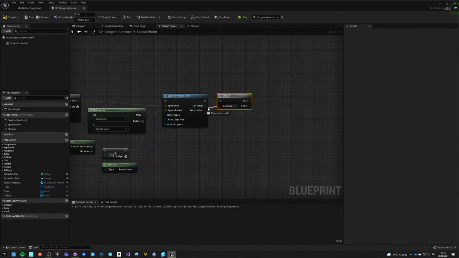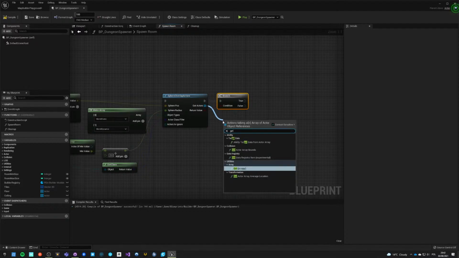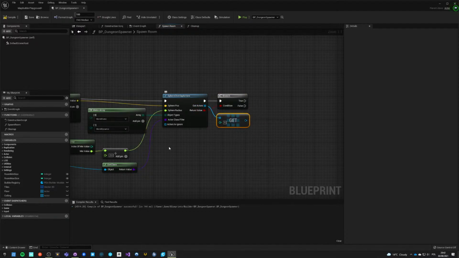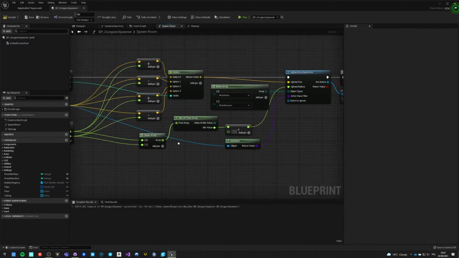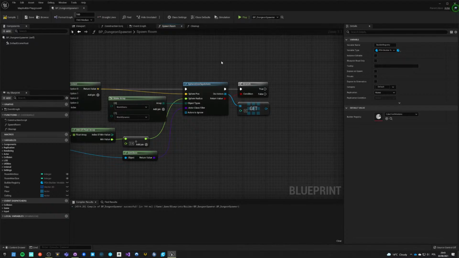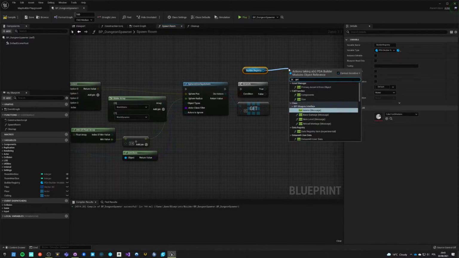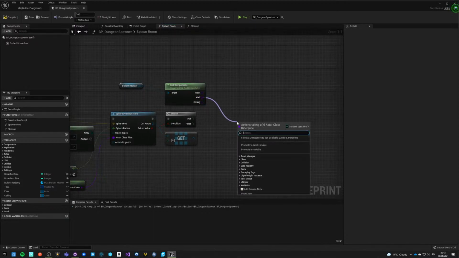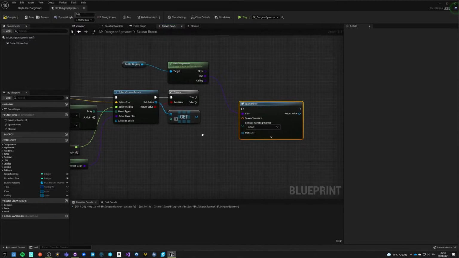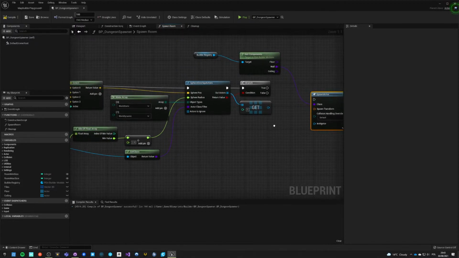And if we get a hit, we want to get the first hit because it will have only one hit, honestly. And we want to get our builder again, and we want to get components, and we need our wall. Going to spawn actor from class, and the spawn transform is